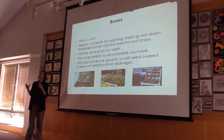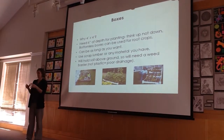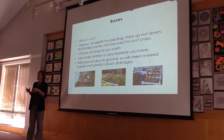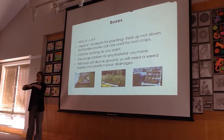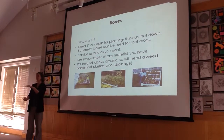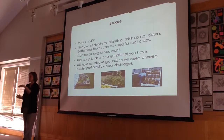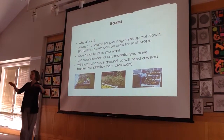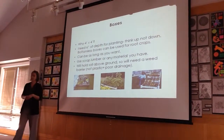A good rule of thumb is if it's a foot-wide pot, you need at least a good 1/2 inch hole in the bottom to get good drainage. And typically, what we see is people get these big planters, they fill them up with soil, and the bottom is really heavy mud. That's all you've created there because there's not enough drainage. So with a square foot garden, if it's up on a deck or a table, you're going to have to drill a hole for every square foot, and then watch what